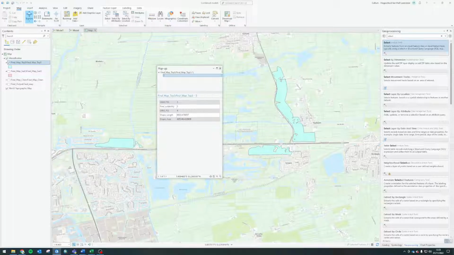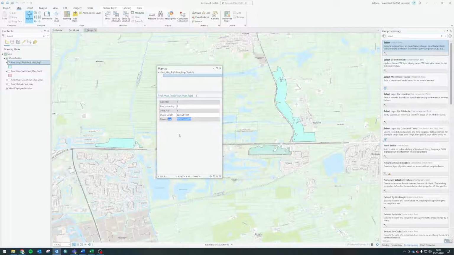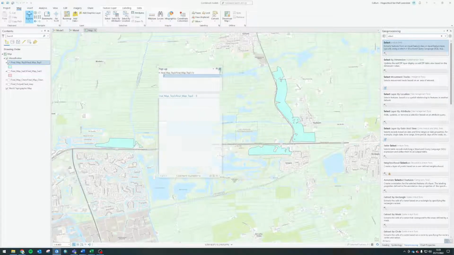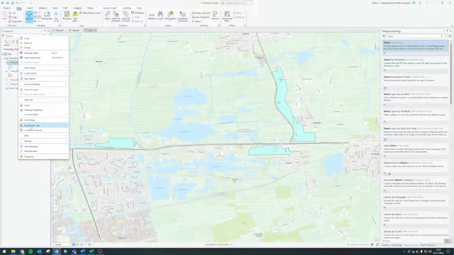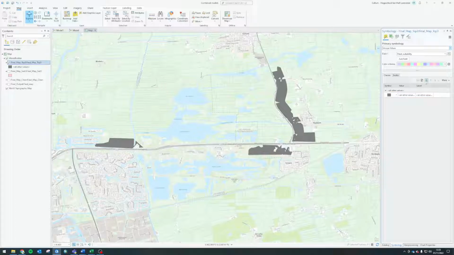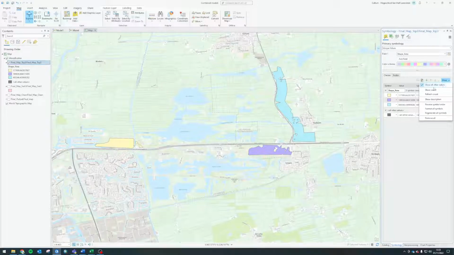Okay, so we now know that this is our largest area, which is huge, and then this is our second largest area, 189,000, and then this is the third largest area at 177,000. Now you could, for instance, add new values to it, say 1, 2, 3, or you could even show them by their shape area,